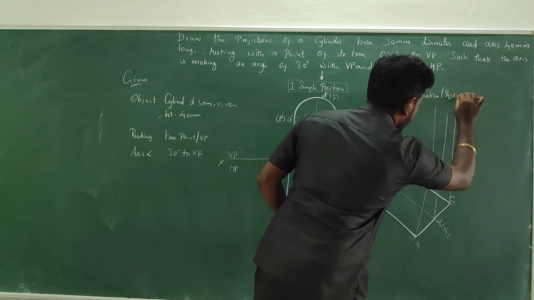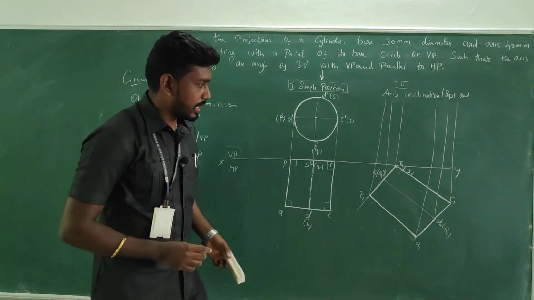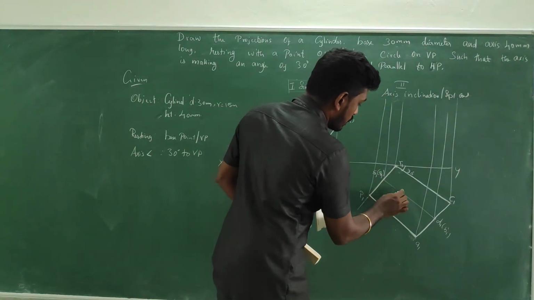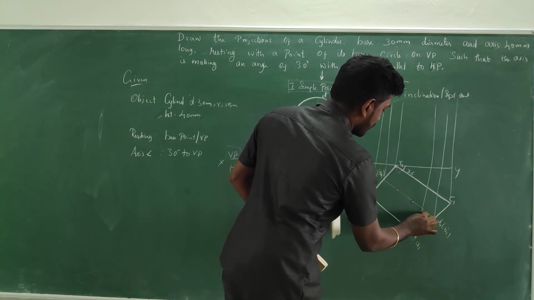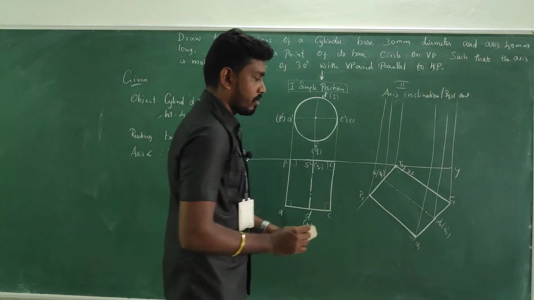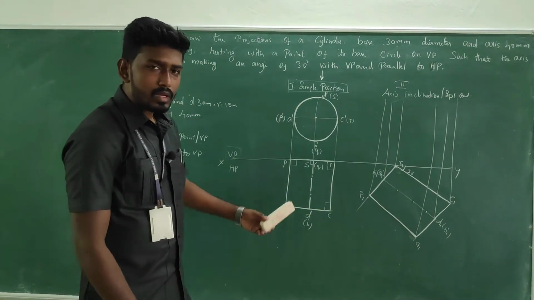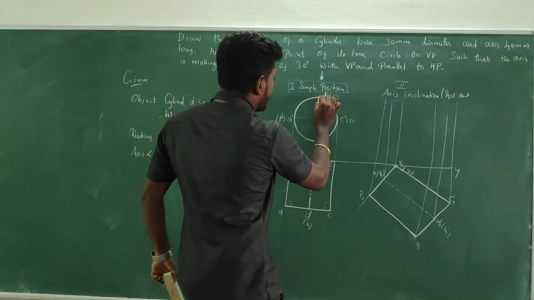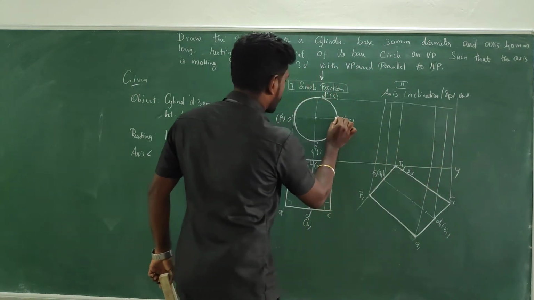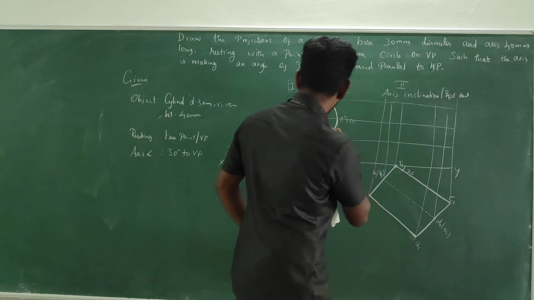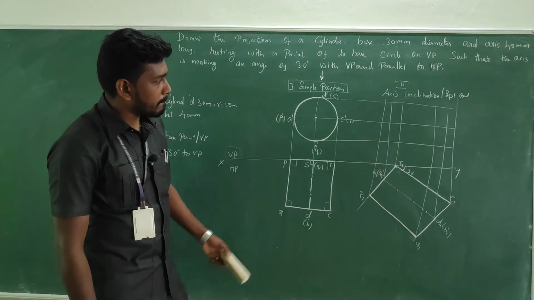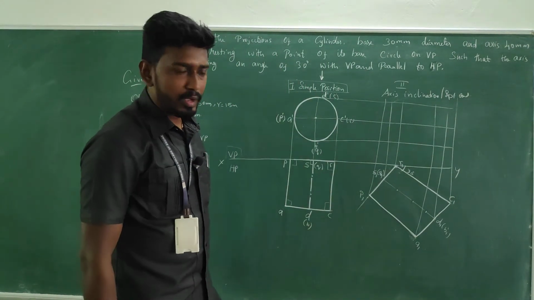Get the good vertical line. So it comes like this. So this is the axis, so we must note it as a long line dot. Okay, fine. And then from the previous stage, take the horizontal projector from each and every point on the circumference of the circle. Take like this. Now do the mapping works.